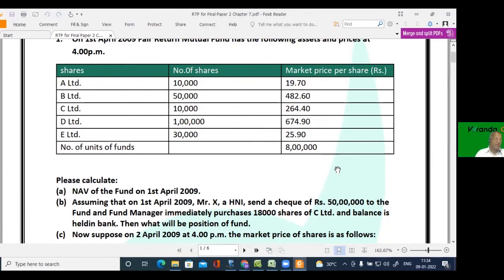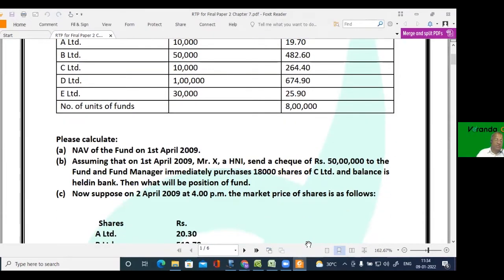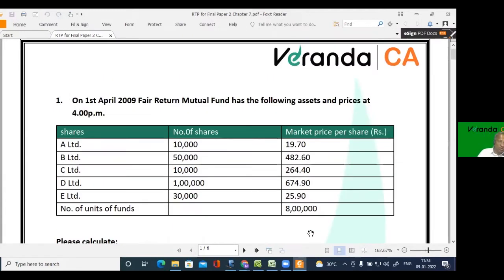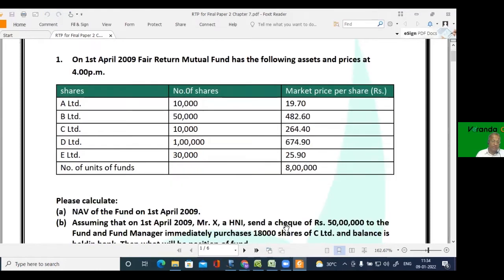Now let us see how NAV is computed on a particular day and how NAV undergoes a change on account of a transaction that happened on one of those days. Now let's go through this problem. On 1st of April, Fair Return Mutual Fund has the following assets and prices at 4 p.m. Shares of 5 companies, the number of shares and the market price they have given, and the number of units that you have. Calculate NAV of the fund on 1st of April